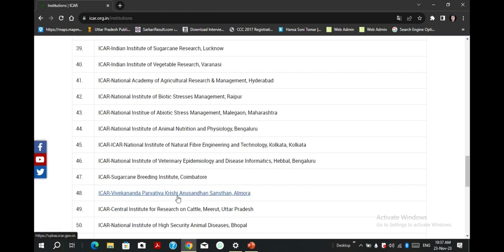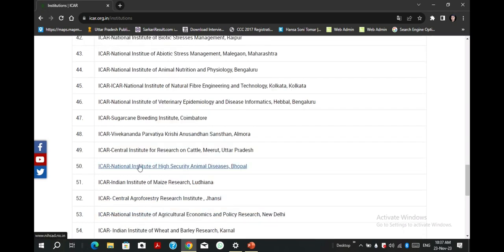Vivekananda Parvatiya Krishi Anusandhan Sansthan is in Almora. Central Institute for Research on Cattle is in Meerut. National Institute of High Security Animal Diseases is in Bhopal. Indian Institute of Maize Research is in Ludhiana. Central Agroforestry Research Institute is in Jhansi because most of the area of the Jhansi region is covered with